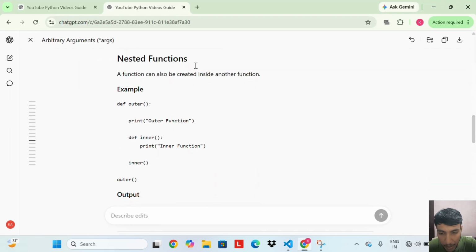Nested function. A function can also be created inside another function.